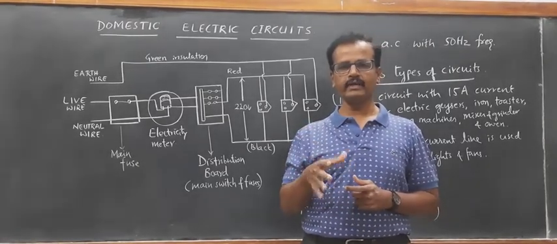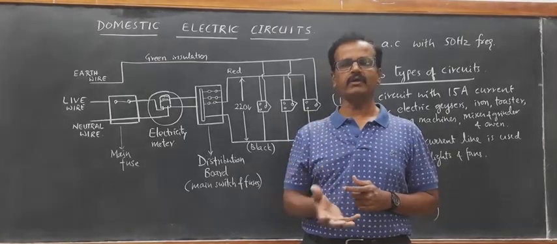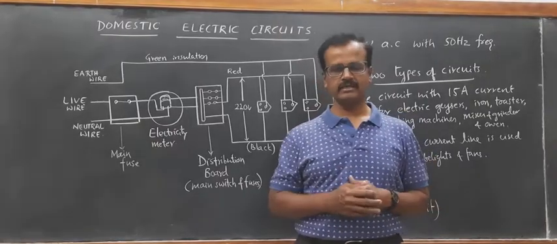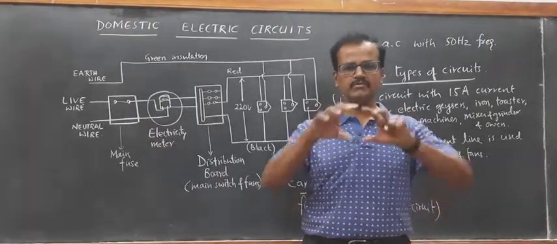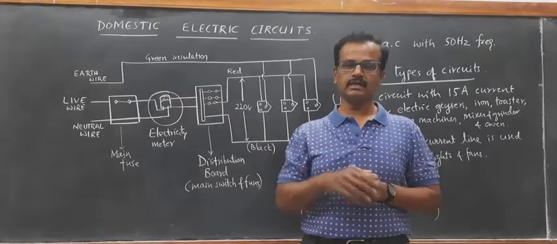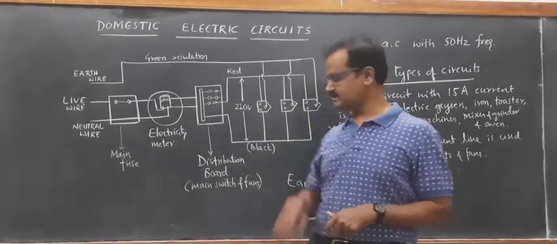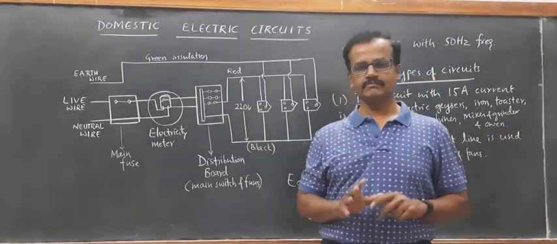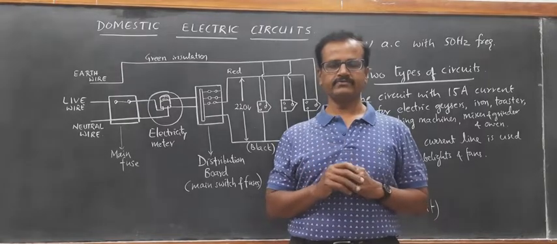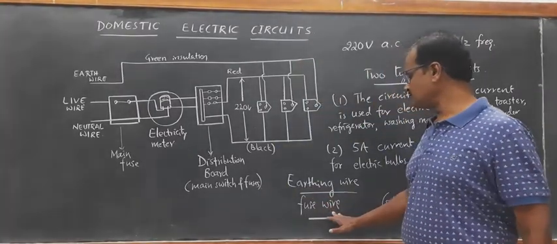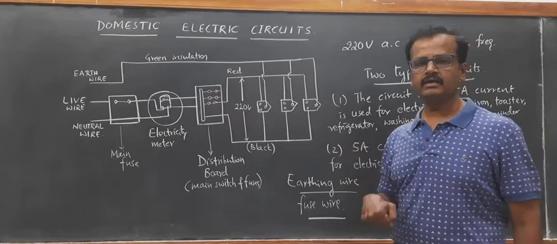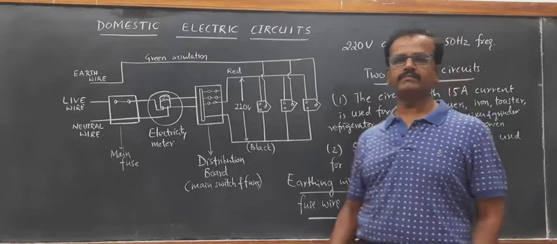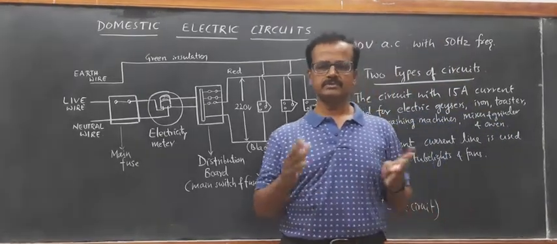Due to overloading, what happens? That particular circuit will be drawing more and more current. Electric iron requires more current, even the fan requires current. So when more current is drawn from a single electric board, then also overloading takes place. In that case, if that board is provided with the fuse, then the devices will be safe. So that's how the electric fuse wire and earthing wire are helping us. They are the safety measures which will prevent us from severe electric shock.